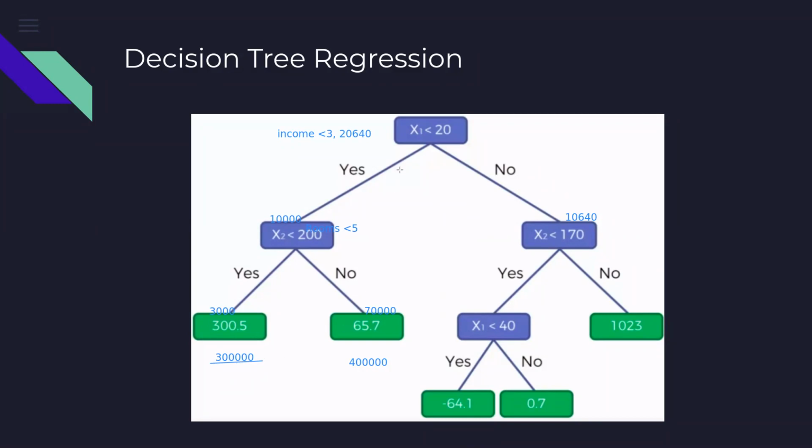If the characteristic of the house is that the income of the people living in them is more than or equal to 3, and if the number of rooms is more than or equal to 5, then I find that the average price of the houses having that characteristic is 400,000. Now, suppose this is how I optimized my decision tree. We are taking a very simple example for understanding the concept.